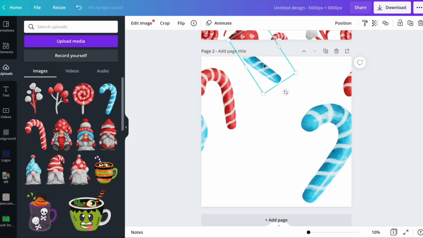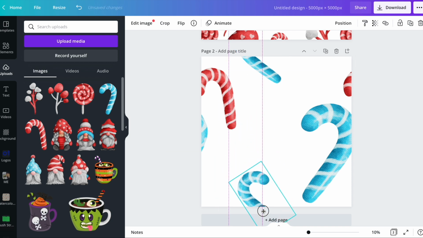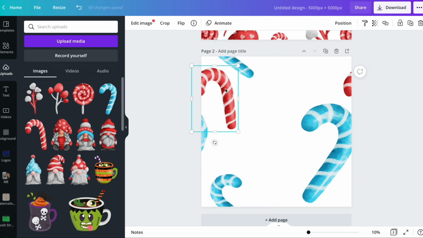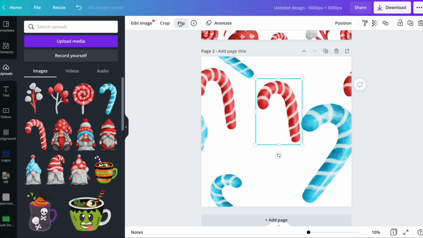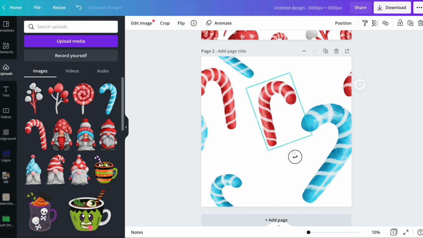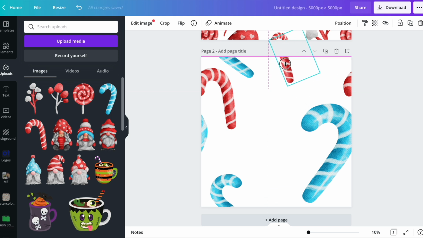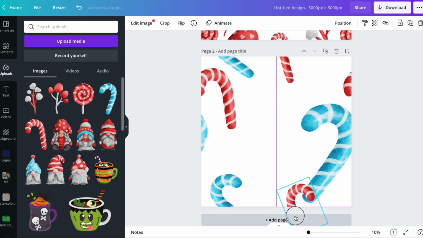Get this one to the center line where you see a full purple line that tells me that I'm in the middle. Grab this, flip it over, just twist it up a bit. Full purple line, copy paste, full purple line,